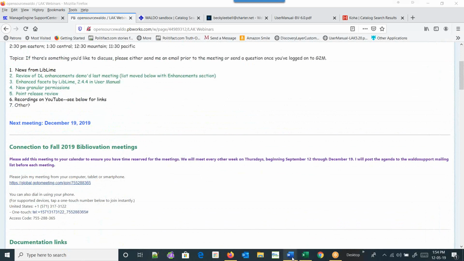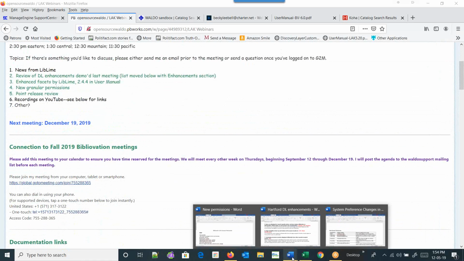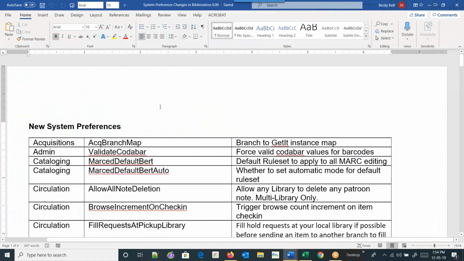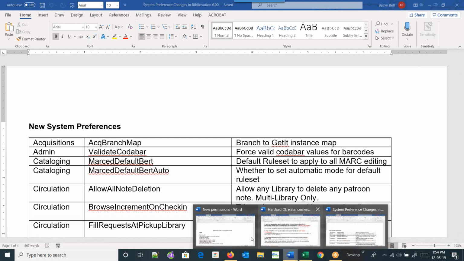I did send a couple of documents along with this agenda. The first one I want to talk a little bit about is the system preferences one. We talked about this two meetings ago, I believe, and I said I was going to send it out, and I think I forgot to send it out. So that's why I sent it today. If I did send it out earlier, you now have a second copy. So if you lose it, you'll have a little bit better chance of finding it.